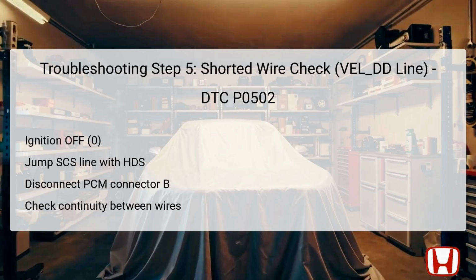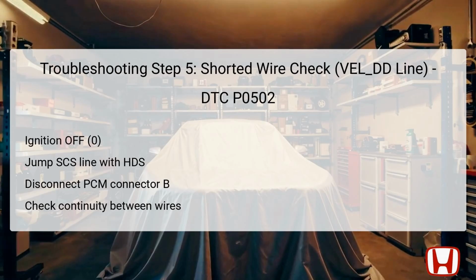Then, conduct a continuity check between the CVT Speed Sensor 3P connector number 3, white-red, and body ground, marking the test points carefully. If continuity is present, it indicates that a short to ground exists in the VEDD wire, which should be repaired before further testing. If there is no continuity, the wire is likely not shorted, allowing you to move on to